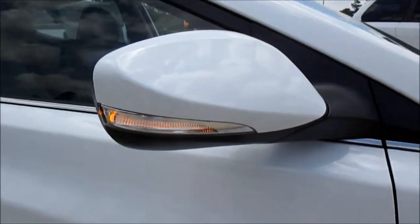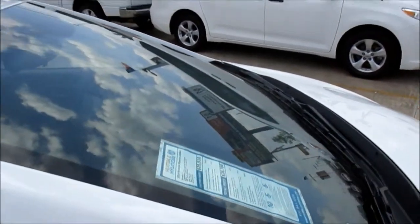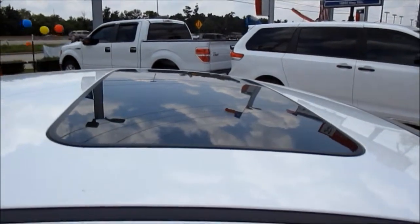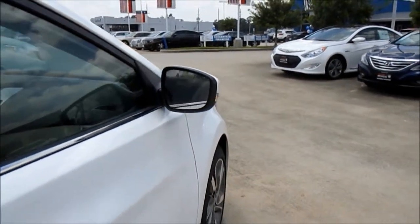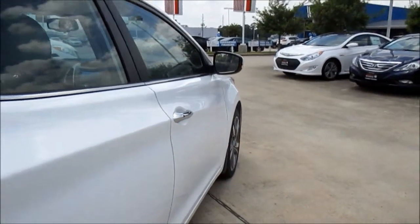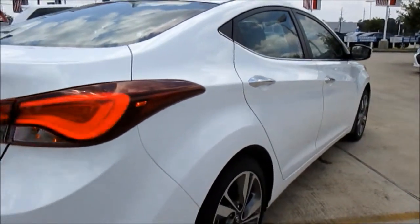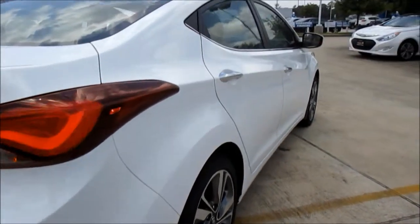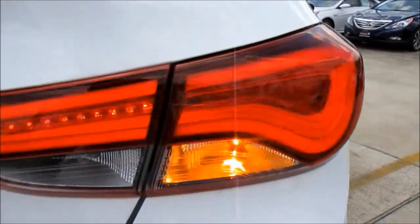Monochromatic LED turn signal equipped paint matched mirrors, intermittently timed rain sensing wipers. Also standard on Limited is a power tilting one-touch sliding sunroof. Also standard on Elantra Limited and optional for the Elantra Sport are full sets of LED taillights,